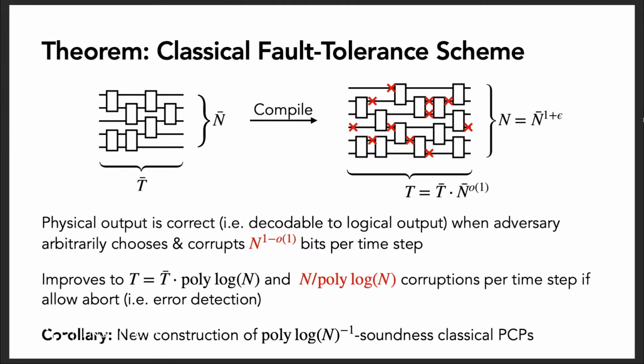So I guess this is interesting for a couple reasons. One is that it's showing that there actually is really something going on with this fault tolerance scheme, because PCPs, even polylog weaker PCPs, are not easy objects to construct. They're pretty interesting, pretty structured objects. But the other reason this is interesting is that PCPs are not very well understood quantumly. Fault tolerance is something that's highly studied quantumly, so that's maybe a hint that actually this approach to constructing PCPs should be quantizable.